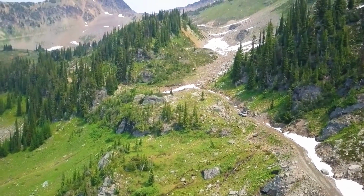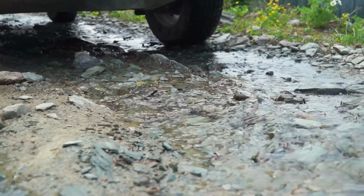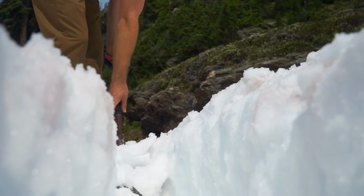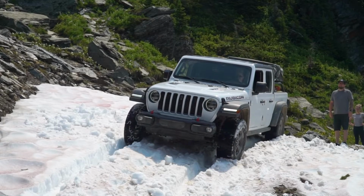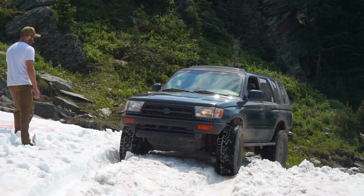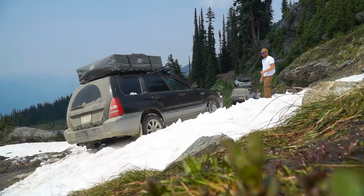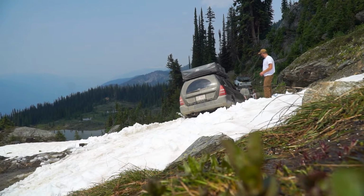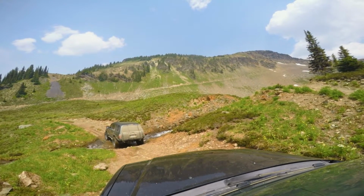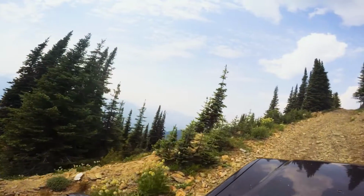But it was only a few short minutes before we hit the next problem, another snowdrift. This one wasn't so deep, but it still posed a huge risk of sliding us off and into the valley below. So we dug some tracks for us to follow and took it slow. After crossing the snow, we pushed forwards through the next plateau and started climbing again. Till we reached the